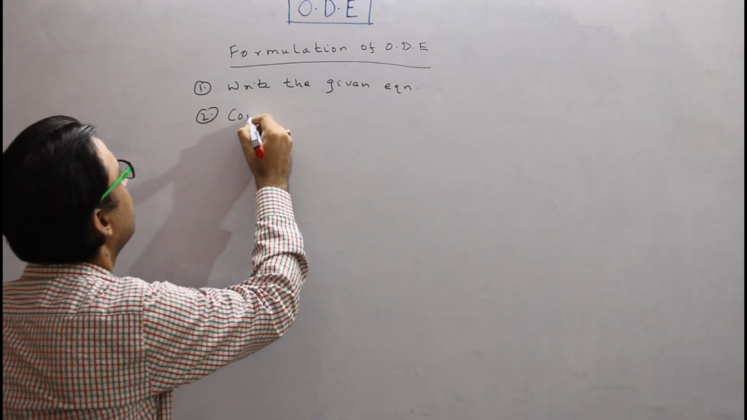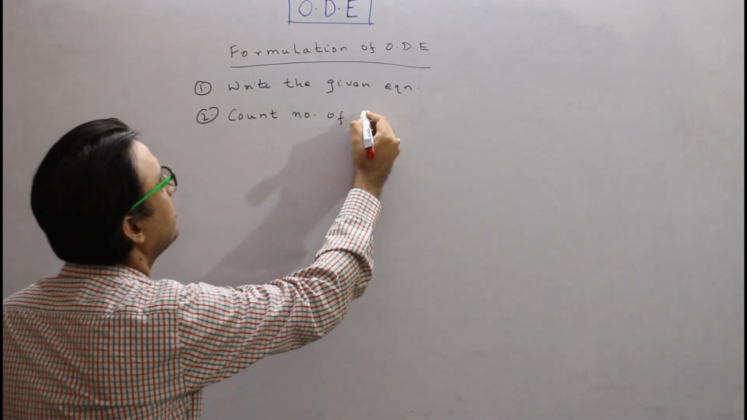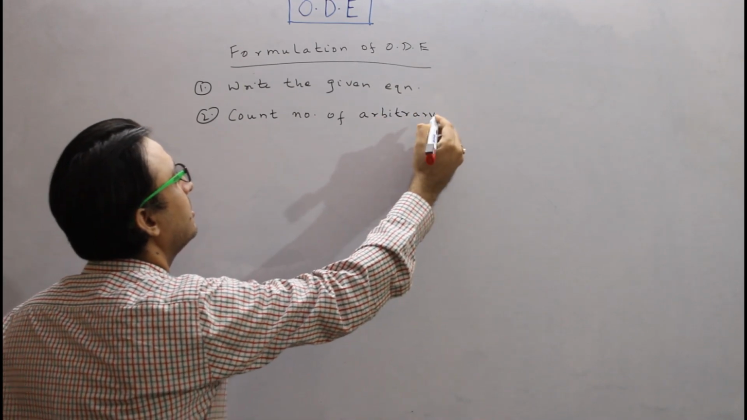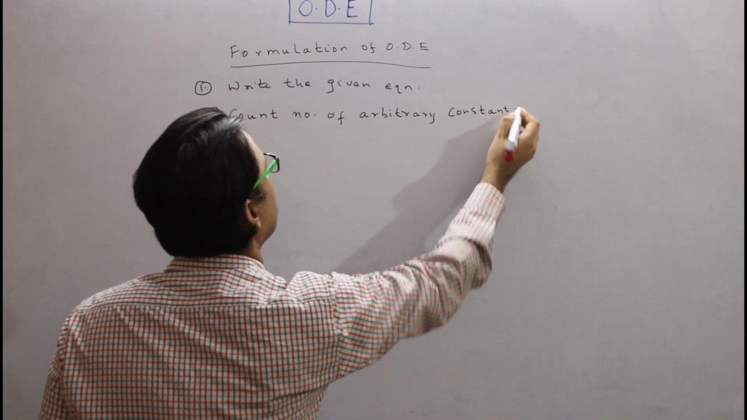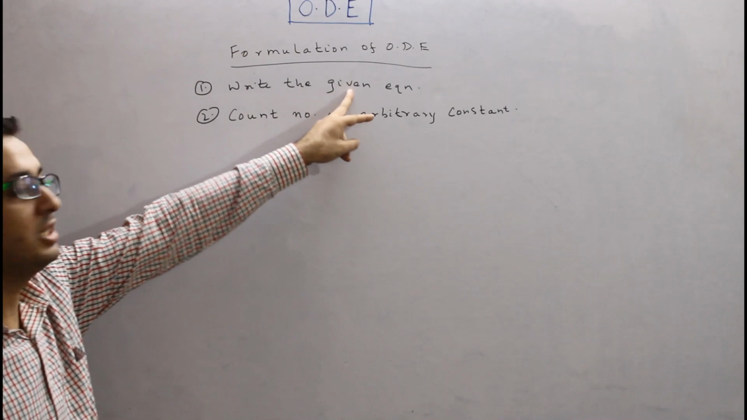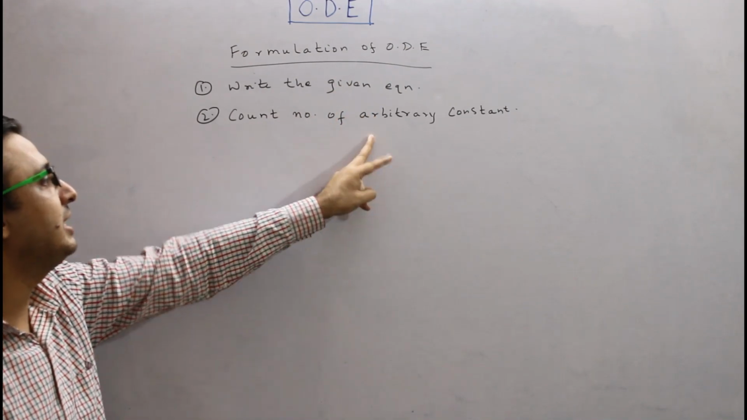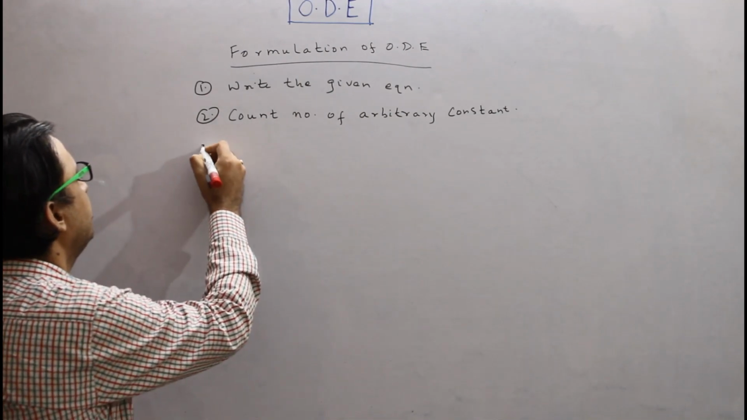Second, count the number of arbitrary constants. After that, we are going to differentiate the given equation with respect to x successively as many times as the number of arbitrary constants. So that is,